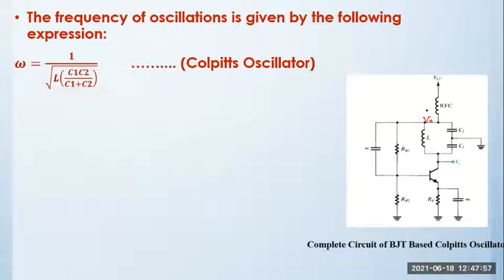It's just a coupling, and you have one more inductor here named RFC. That RFC means radio frequency choke. You know, a choke coil is nothing but an inductor, and the only reason for using this is that it will act like a short circuit for DC voltages. So instead of having a resistor in the collector terminal, we are using an inductor so that we will get better stabilized oscillations.